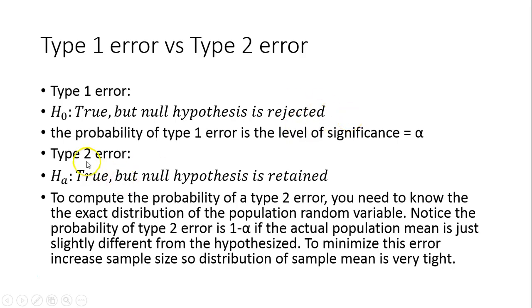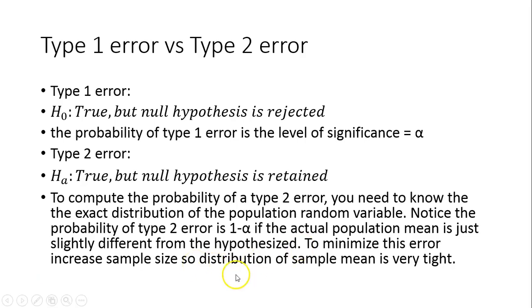Okay. What about a type 2 error? That the alternative is true, but the null hypothesis is retained. To compute the probability of a type 2 error, you need to know the exact distribution of the population random variable. Notice the probability of a type 2 error is 1 minus alpha if the actual population mean is just slightly different than the hypothesized. Slightly different, okay? To minimize this error, increase sample size,